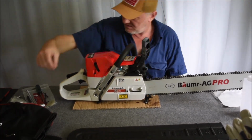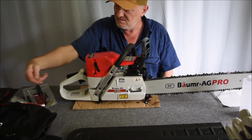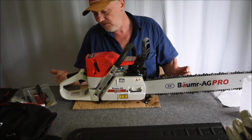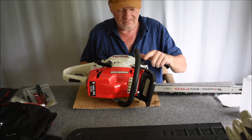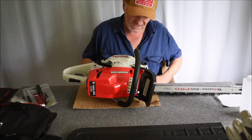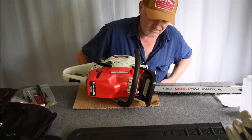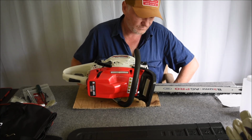That's the screw that was in it. That's what I put in it, which is an M4, and I've double nutted it. It was that one there because it was just spinning around. There should have been a nut behind it, but there wasn't. What's the other problem? The other problem is that the bar oil cap does not seal properly, it just leaks. I've got it screwed in properly, it just leaks, so I'm going to have to put another gasket or O-ring or something to stop it from leaking, because it's not good enough. Other than that, I haven't blooded it, I haven't cut any wood with it, but started up,